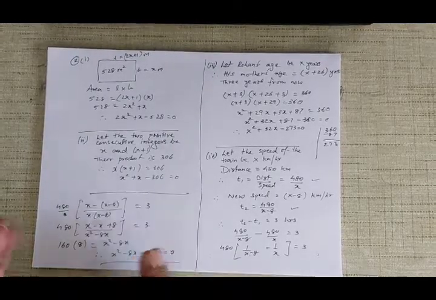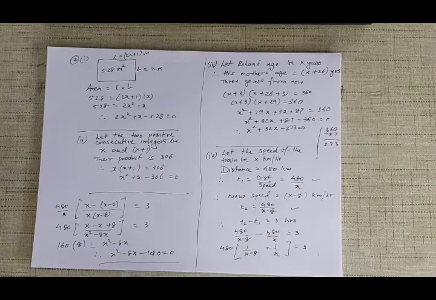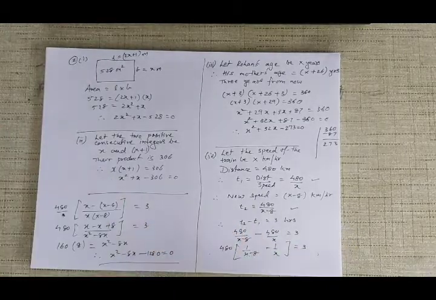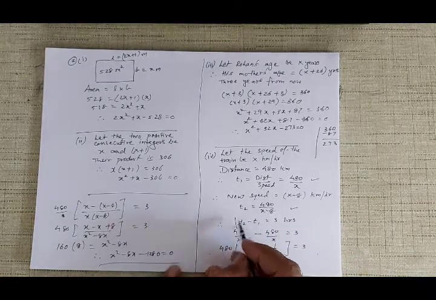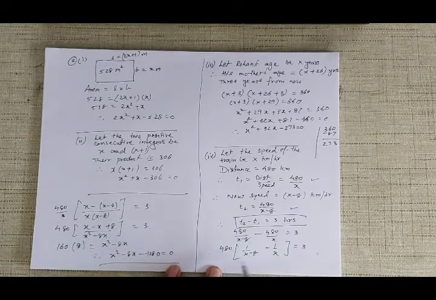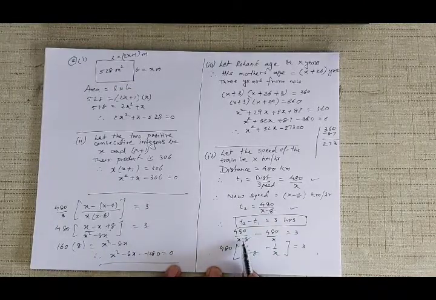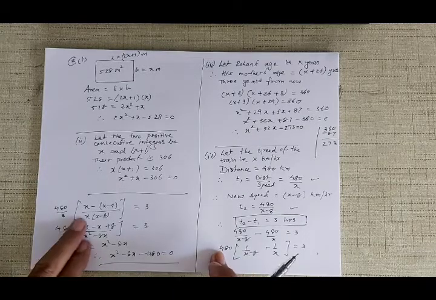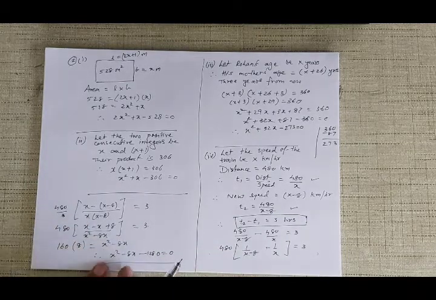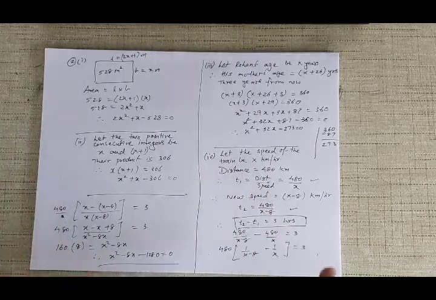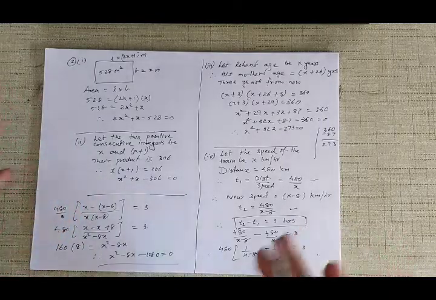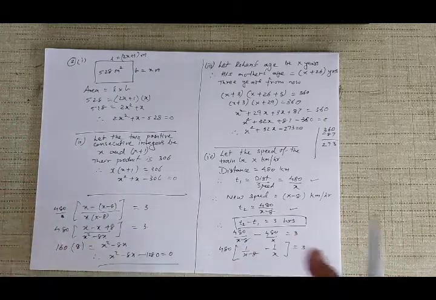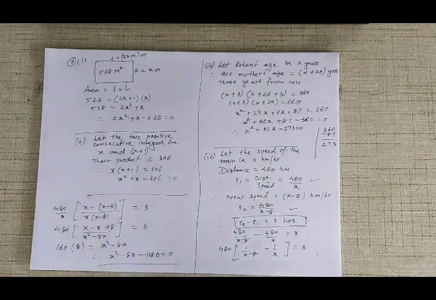Now I've got this quadratic equation. If I solve it, then I can get the speed of the train, the usual speed of the train. The important part was that T2 minus T1 is 3 hours. T2 is the slower train and this is the faster train. Take 480 common, take LCM, cross multiply and you get the quadratic equation. These are word problems from which you can get quadratic equations. You solve the quadratic equations, then you get the desired values.